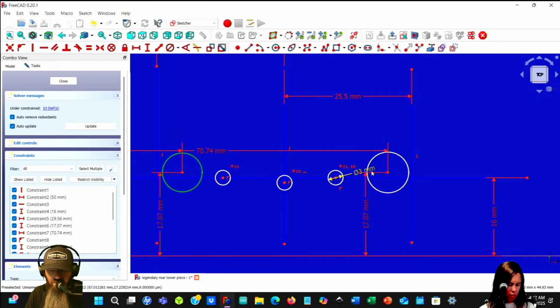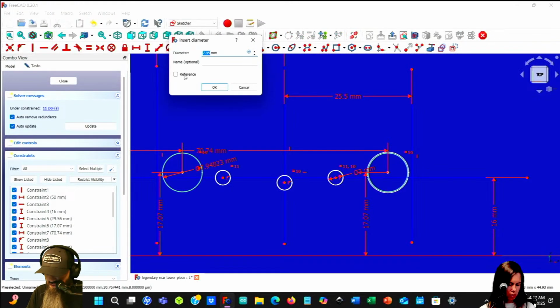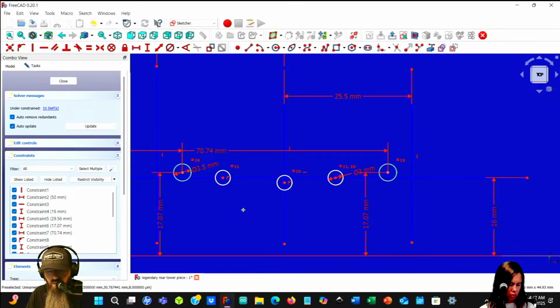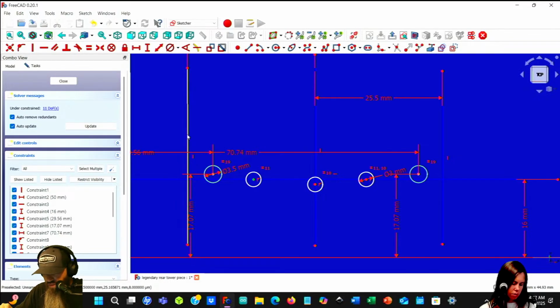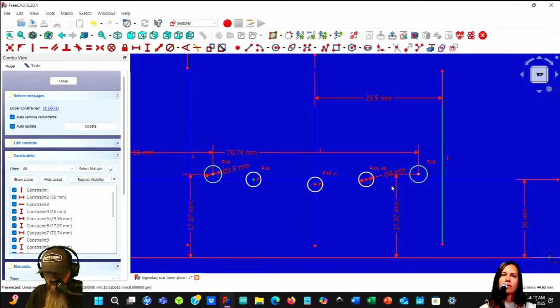And then I think these holes are 4 millimeters. Oh, I have it at 3.5. So let's go back to our diameter, 3.5 millimeters. Okay, so from here to the edge, we need to figure out how far that is. So basically, it's around, it says 12, so we'll say 12.5. So this is the edge of our model, and this dot needs to be,